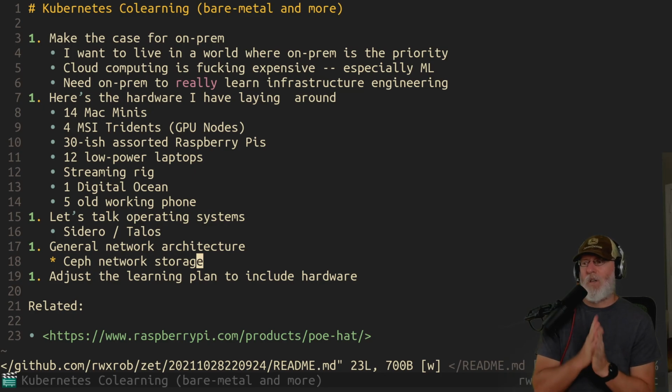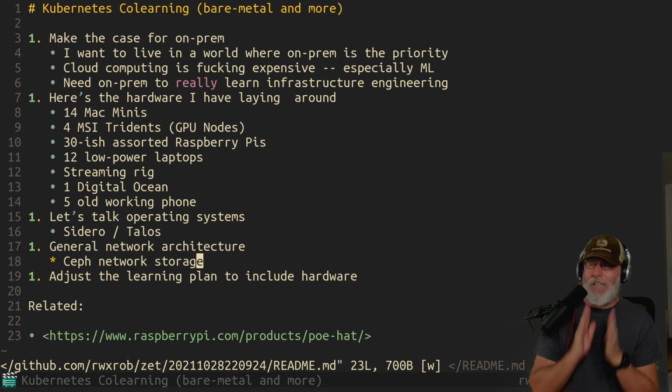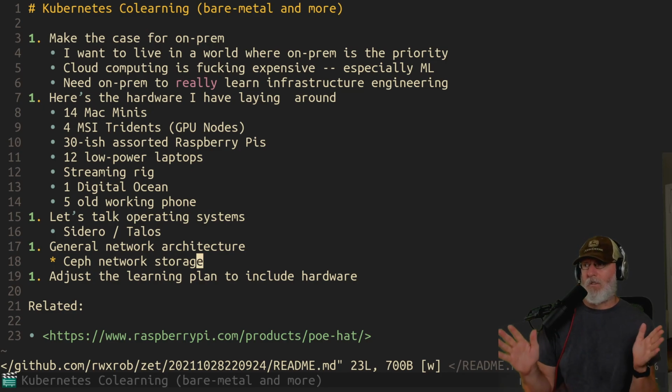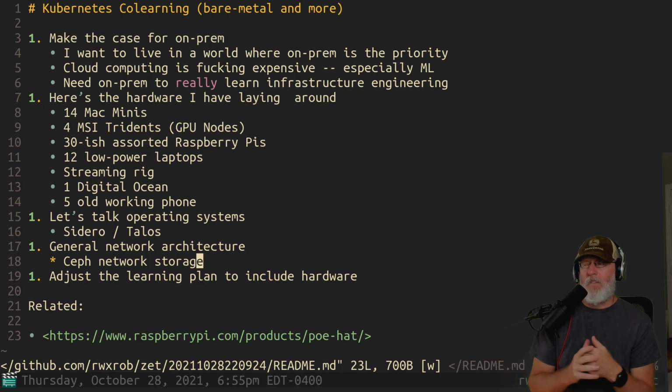There's a number of things that I'm learning about Kubernetes which are directly impacting hardware selection. And the reason that I'm so turned off by the previous direction I was going down, with getting it to work in a VM or Docker and stuff like that, even with virtual machines, is because you cannot understand Kubernetes unless you understand the hardware it's running on. And this whole turnkey solution stuff that's coming from the cloud providers, they're trying to sell you on, hey, just deploy our application, we'll deal with all that for you. And that's fine.